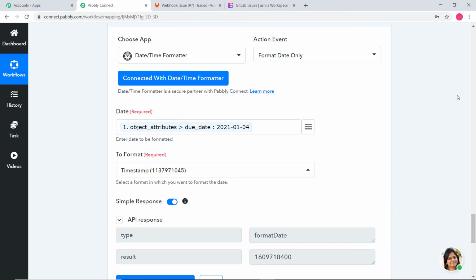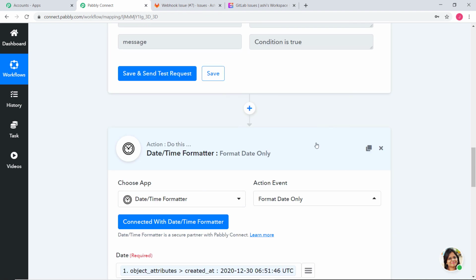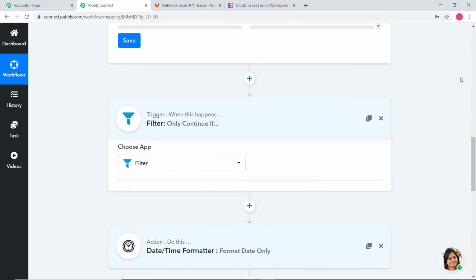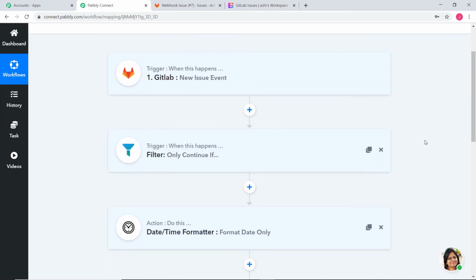First, I'll just minimize all these action steps. Okay, so in our workflow, what we have done is first we created a new issue in GitLab. Then we used a filter because we only wanted the data when the issue was created, not of the edited or the merged issue.